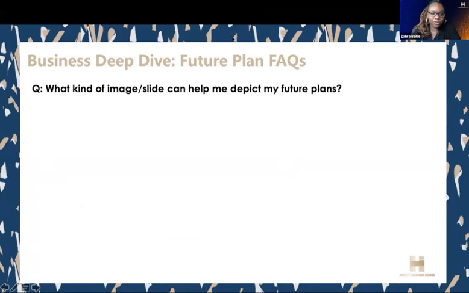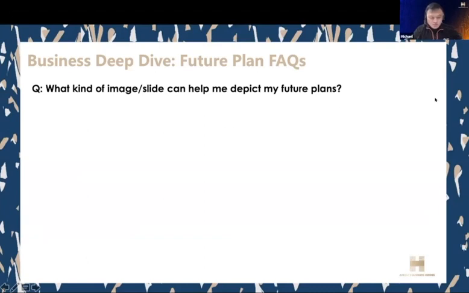So maybe just quickly on this, I'll turn it to my colleague, Michael. We have a question in the application where we ask individuals to show a slide or an image that can depict their future plans. Do you have insights on the type of image or slide that they could use to do so? And again, just stressing to all listening, it is an optional feature. Thanks, Sarah.